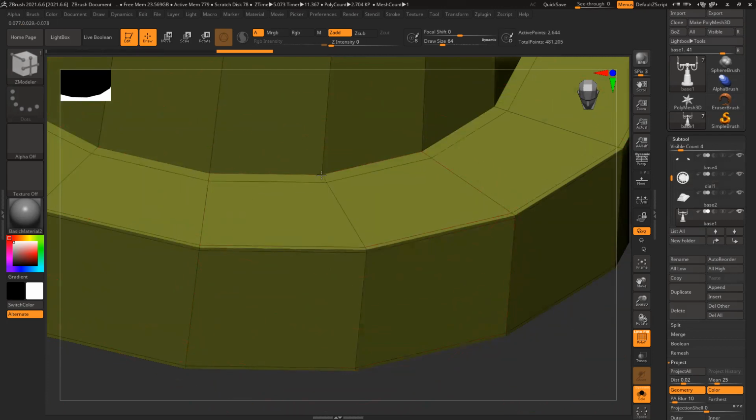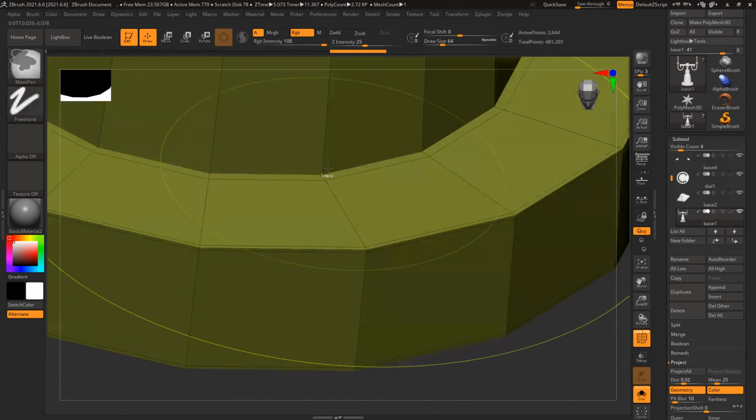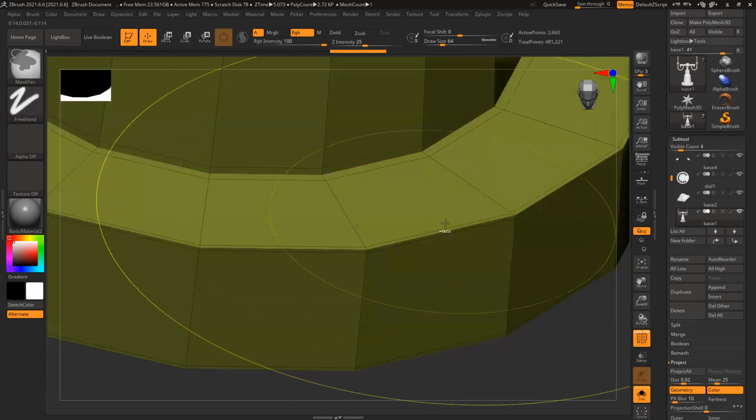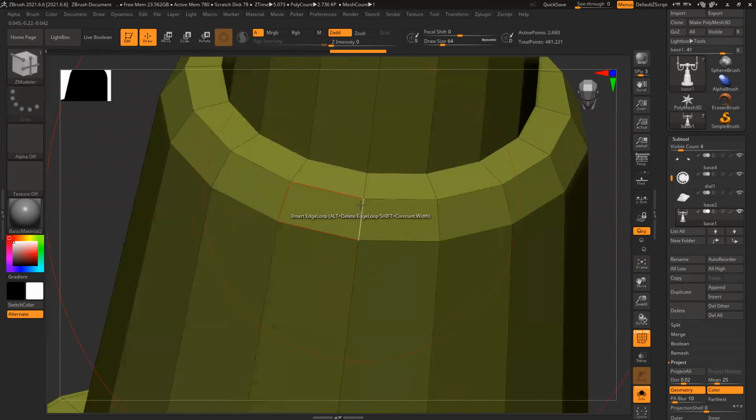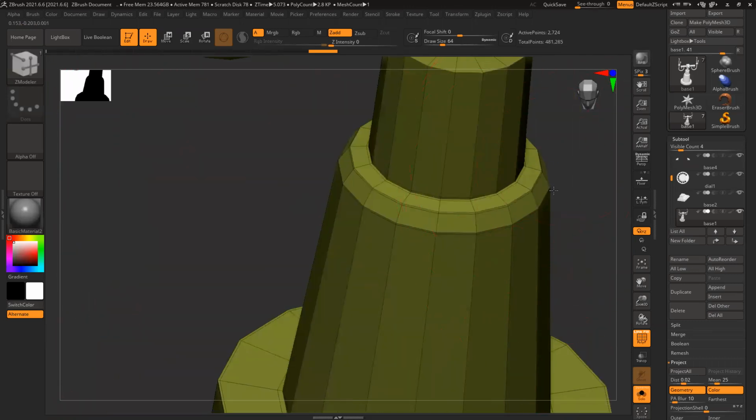To hold any corner, you need to have at least 3 loops. Here I'm adding only two loops because this is a little rounder and smoother surface. That's only 2 loops. Wherever I need a corner, I'll add 3 loops.